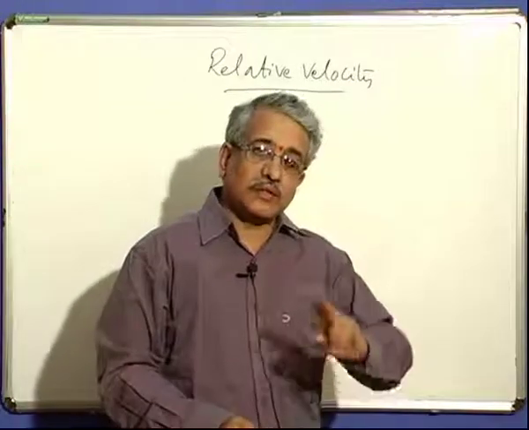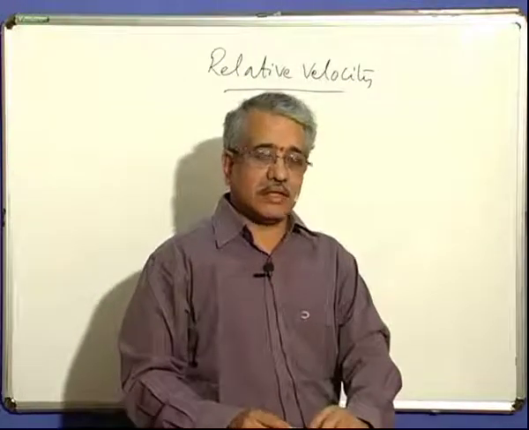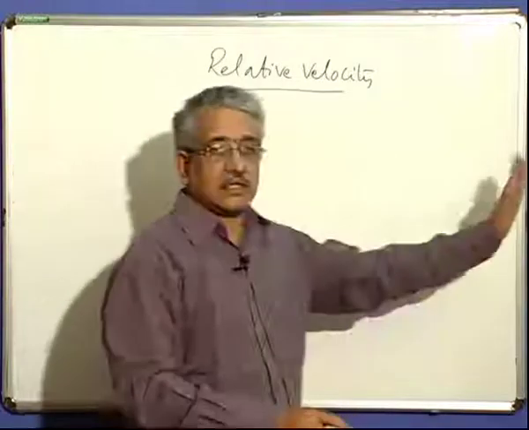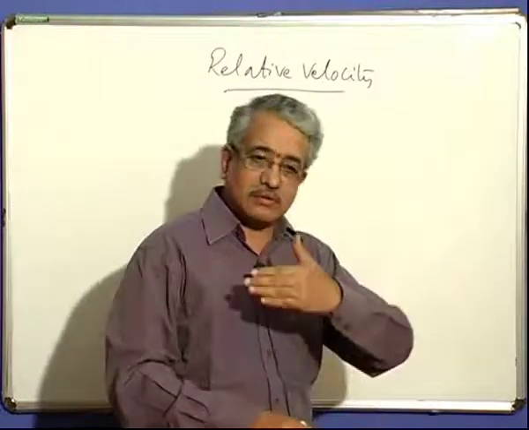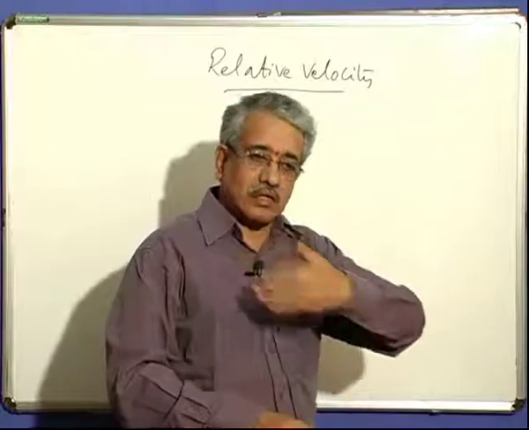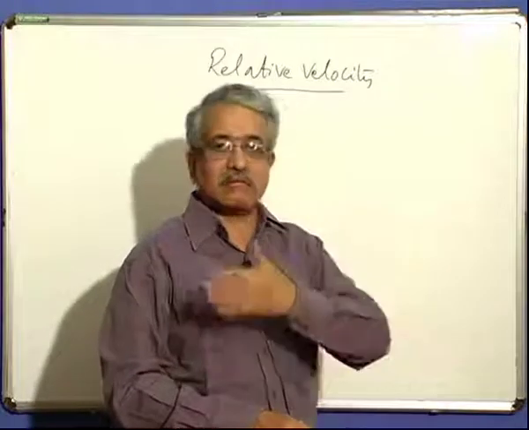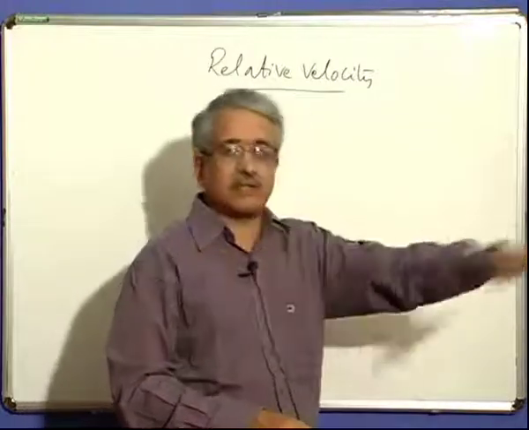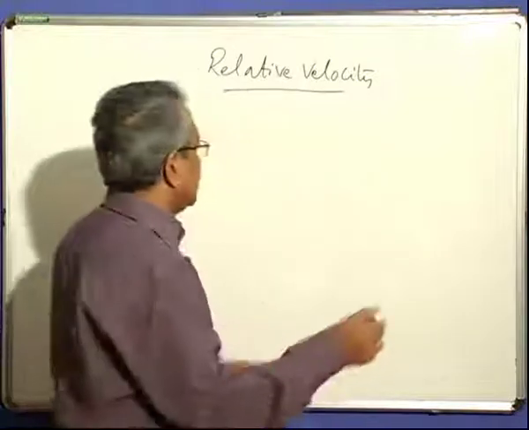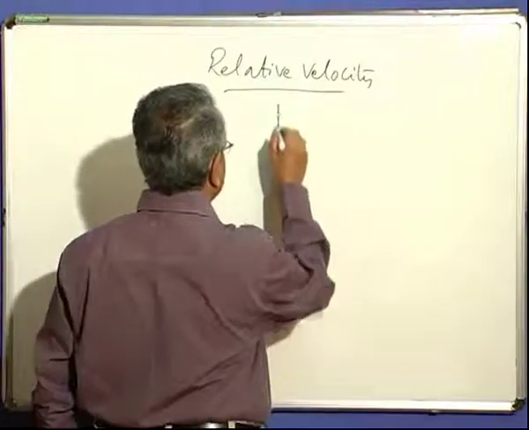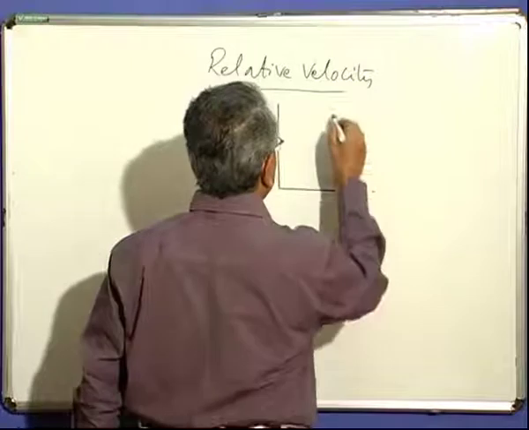Suppose they are moving in a two-dimensional plane now. I have told the movement in one direction, along the x-axis only we are given. The observer is moving along the x-axis, the body also is moving along the x-axis, both in the same direction or opposite direction but along the same line. Now suppose another case. In two dimensions it comes.